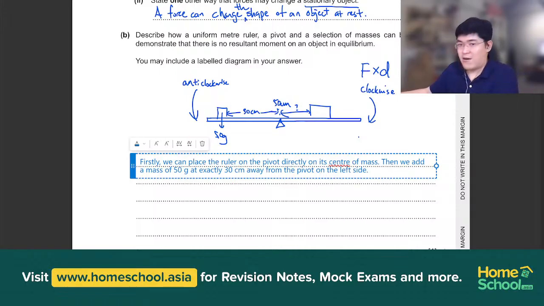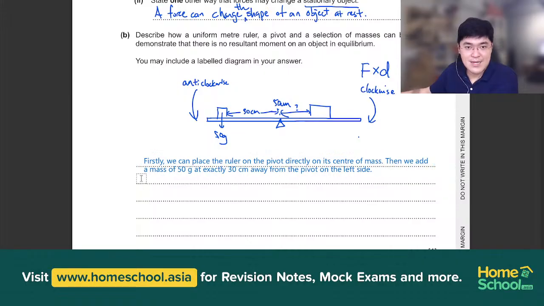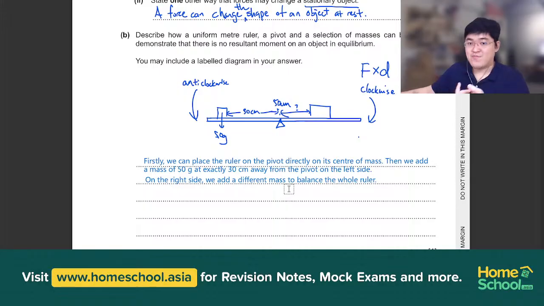All right, on the right side, what we do is we add a different mass to balance the whole ruler, and then we will measure the distance from the center of the ruler. And then, finally,